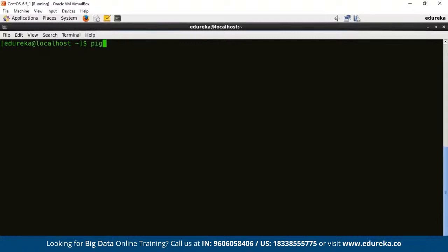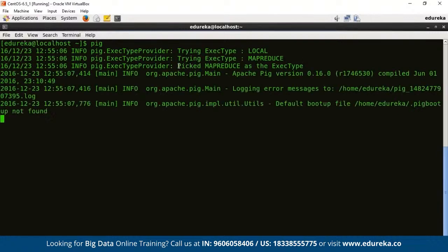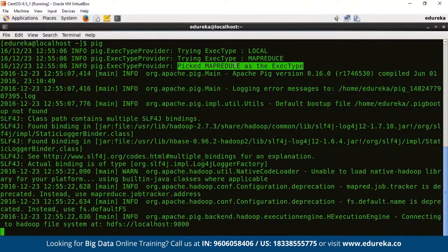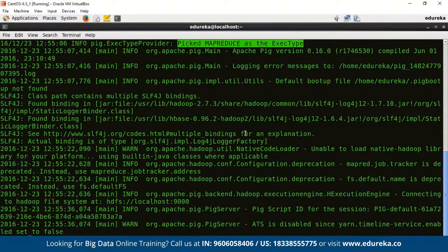As we learned, we just have to execute the command pig and press enter. So just look at the logs that will come on the screen. As you can see right here, they have picked MapReduce as the execution type. So this is how you get to know that yes, it is using MapReduce mode. And we are there in the grunt shell. So I'll just quit from here,